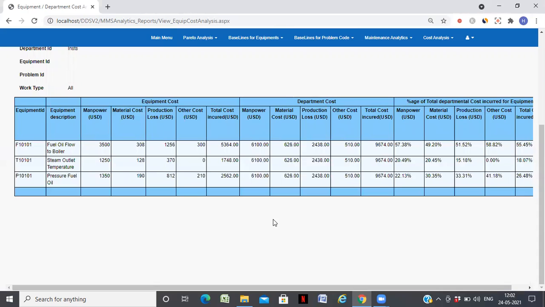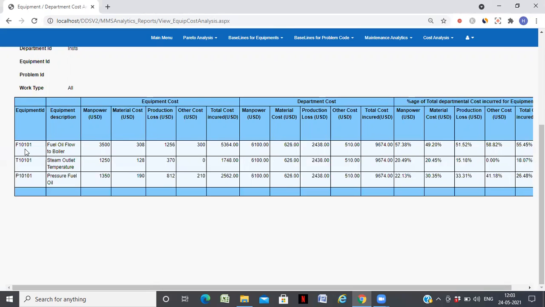And at the department level, these are all standard constant. So what is the overall manpower cost? I spent $6,100, against which for this equipment, it is around $3,500. So this has contributed more than 57.38% of my manpower cost.